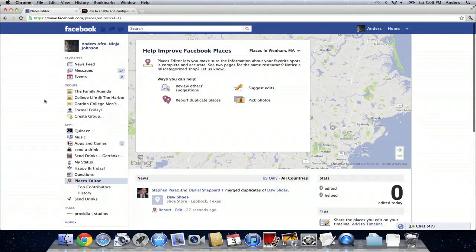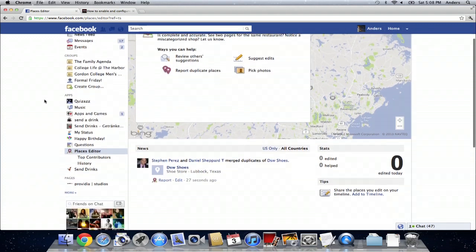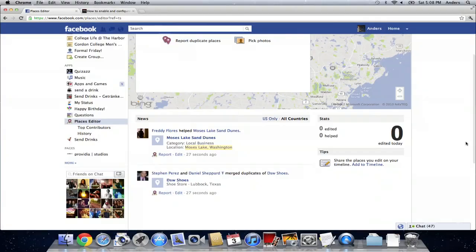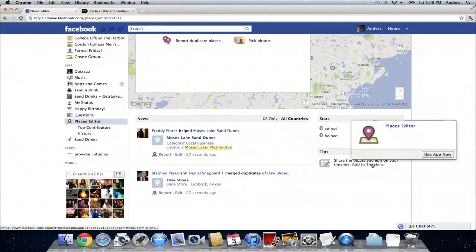And it's going to ask us if we want to help improve Facebook Places. Now, when you do go to this, if you've declined Facebook Places before, it should give you the option of opting back into Places so you can join your friends. If you want to share the places that you do edit and take part in the real world on your